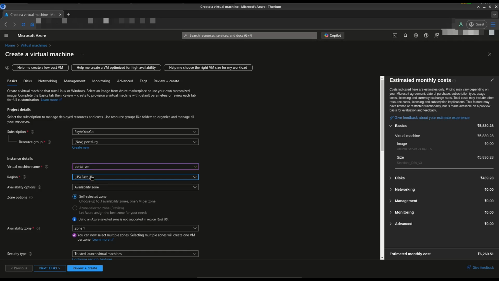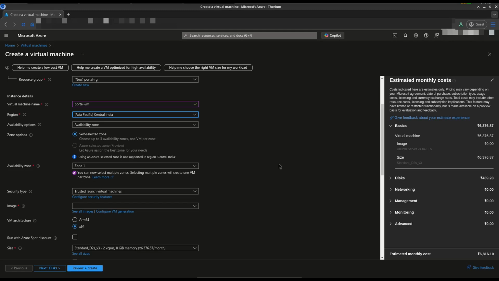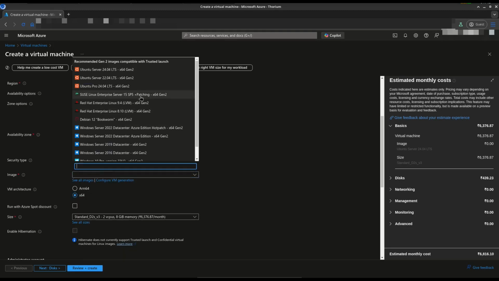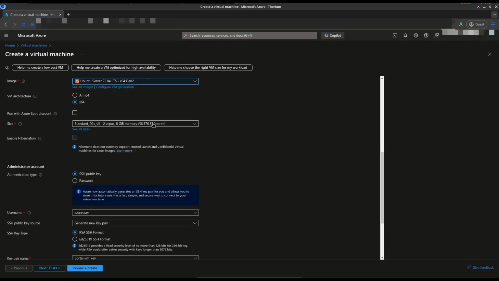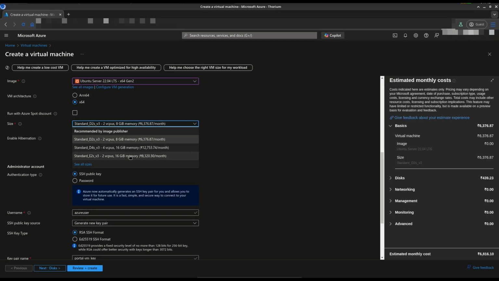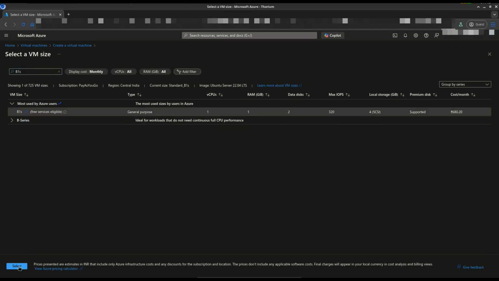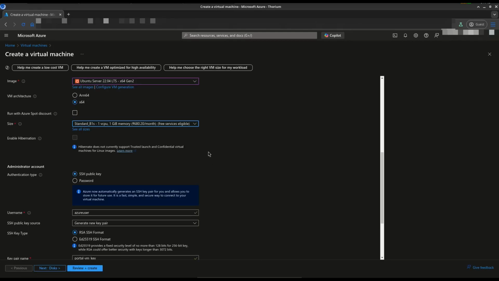I'll choose the region that is closest to me. We can leave the rest as it is. Now to select the image, I'll go with the Ubuntu 2204 LTS version and I'll keep the size to a minimum, so that we can reduce the cost associated with this demo. So click on all sizes. I'll search for B1S. So this is the lowest that you can get, and you can easily do a demo